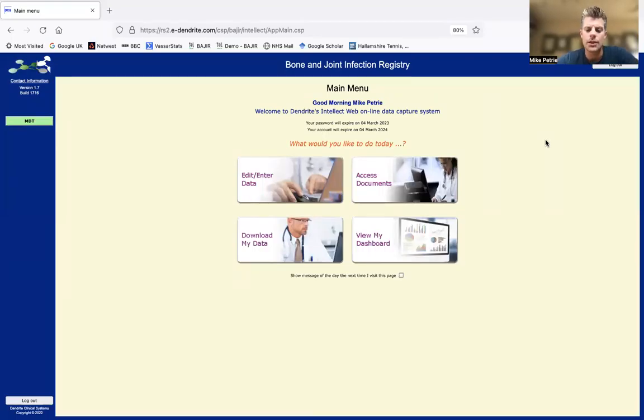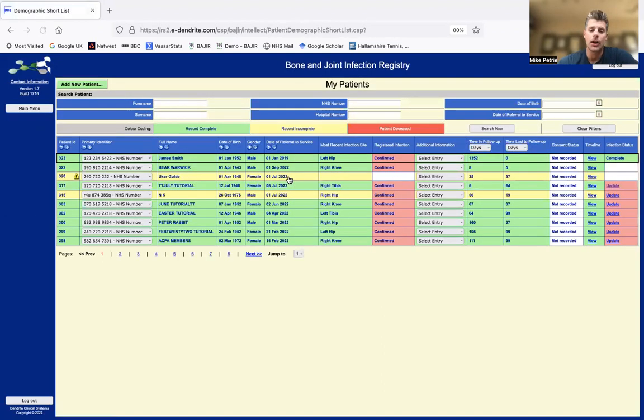This video discusses consent and patient-reported outcome scores for patients in the bone and joint infection registry. Patients' data can be uploaded onto BAJIR without their consent, as covered by Section 251 and your trust's Caldicott Guardian. As soon as a patient has a confirmed infection, their record will be accessible by the administration team for BAJIR,